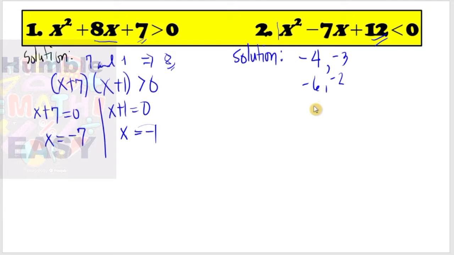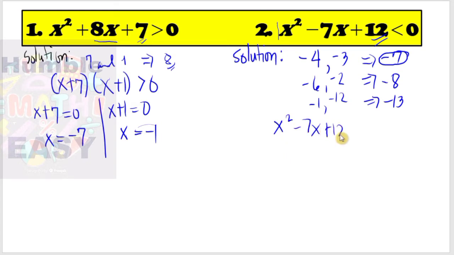Another one is -1, -12. So among this, the sum of these two is -7, the sum of these two is -8, and the sum of these two is -13. And so if this would be the case, the only factors of 12 that have -7 as their sum if we add them are these. So therefore, from the inequality that we have,